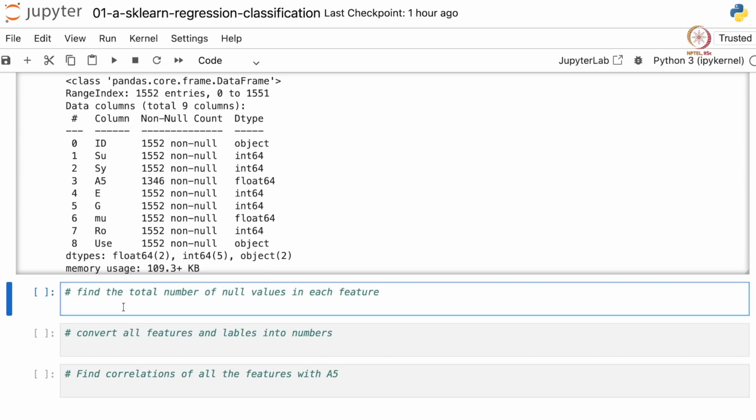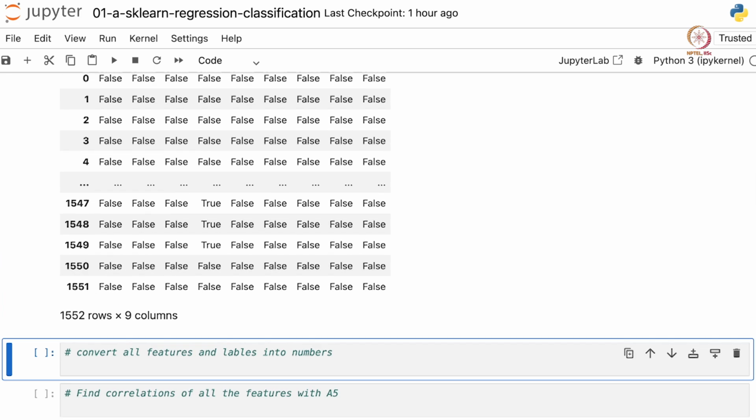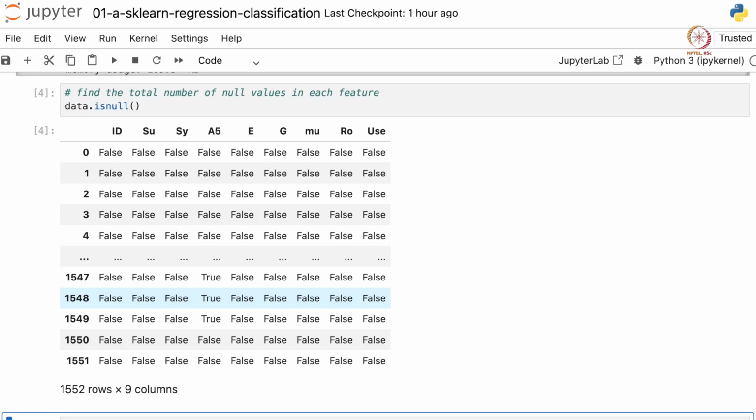Before doing that, let's quickly find out the total number of null values. We can do that by subtracting 1346 from 1552. Otherwise we can also use the isnull method. So let me demonstrate how to do that. So data.isnull gives a mask that has true and false values. A false value means the data is not null, and if the value is true for a cell, that means